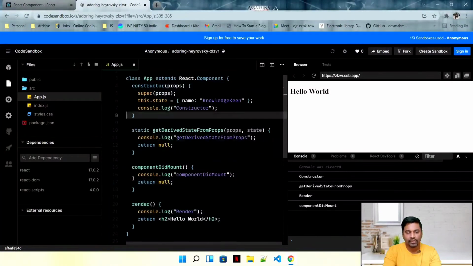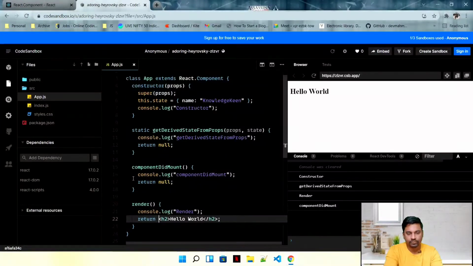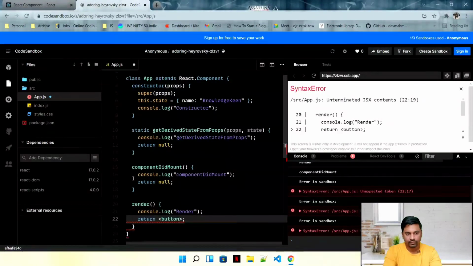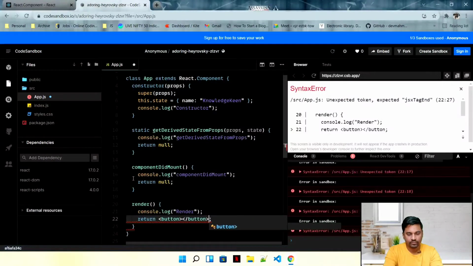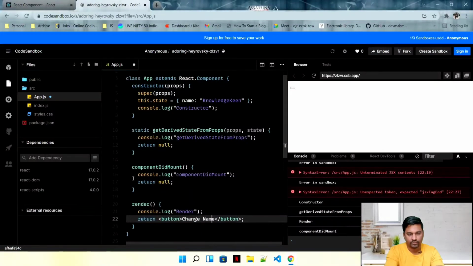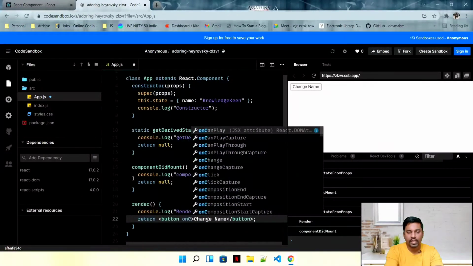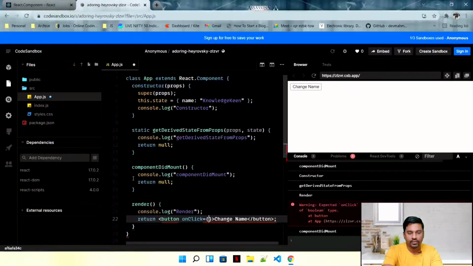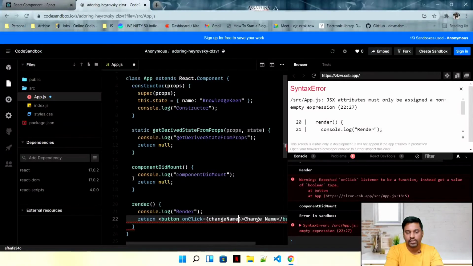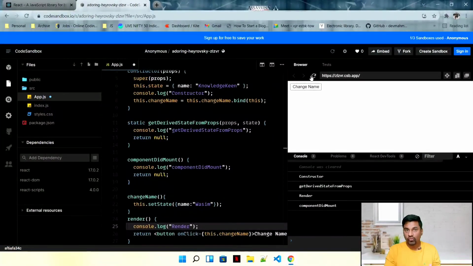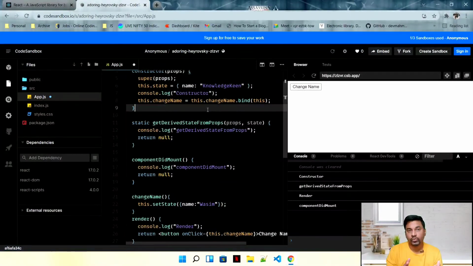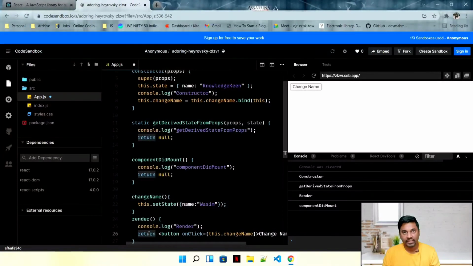To give you a simple example of this, let's say that I have a button, and I just add a simple event to this, changeName. I just added some code for you directly over here so that we do not waste time. I added just these 3 lines: a changeName event, a small method, and a button. Okay, directly jump into the code.